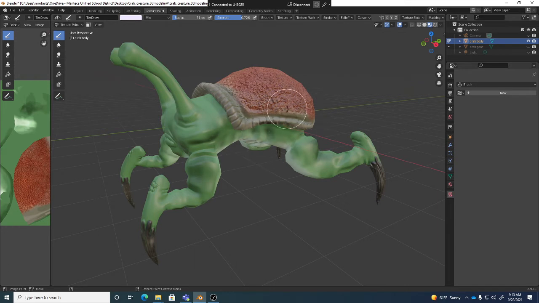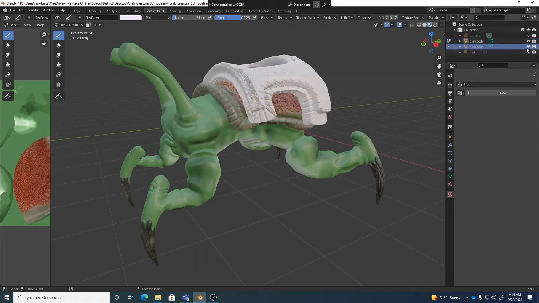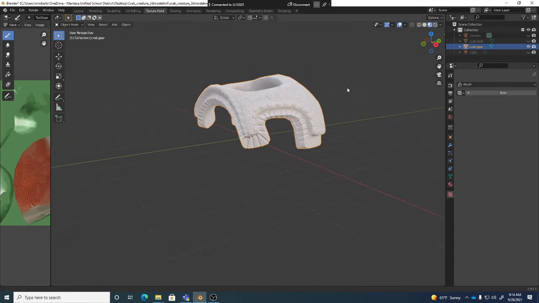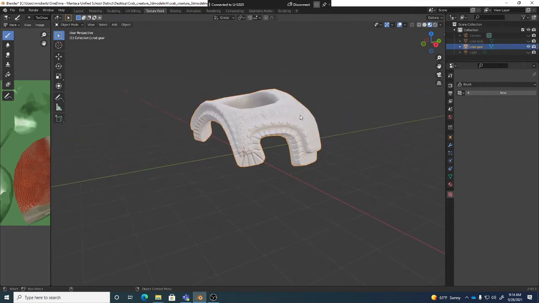So in this case, what I'm going to do is I'm going to go to crab gear, right? And I'm going to turn the eyeball on for it over here. Now, in this case, I'm going to turn off the crab body eyeball. Make sure to go to object mode too. That way, and sometimes I just click on it again just to make sure you get that orange outline, right? So remember, you can turn the eyeballs off for this stuff. You can, of course, select them here, but sometimes you just want to double check to click it there so it's like fully activated. And now what we want to do is we want to create a new material and